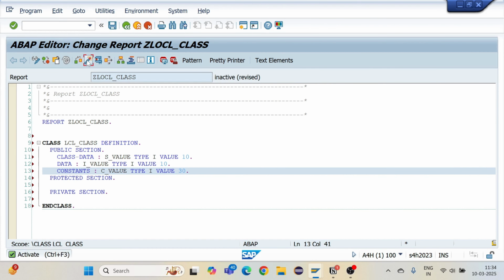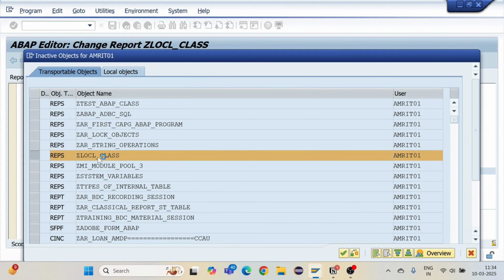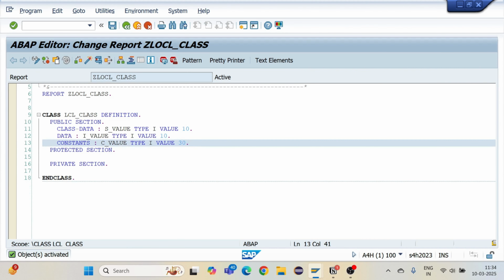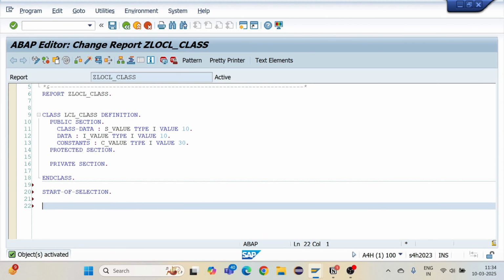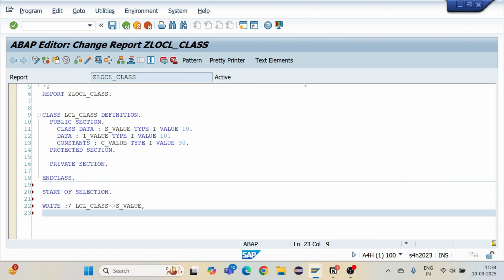Okay, there is no method, so there is no need for class implementation. I will go directly to START-OF-SELECTION and let's print it. So WRITE statement. I will use my class name, local_class, and my s_value. Since it is static, we can call it by using the class name. Let's check our constant. So local_class and your c_value. Okay, let's activate it